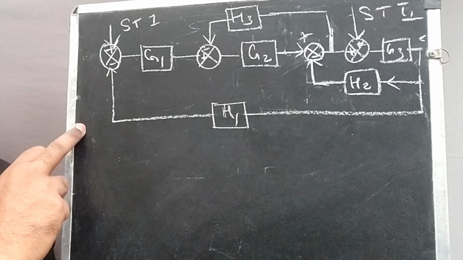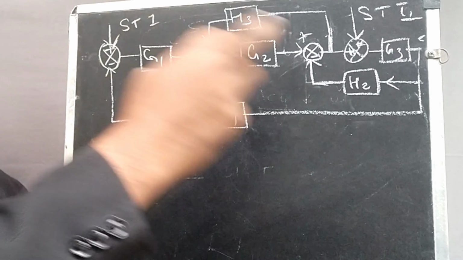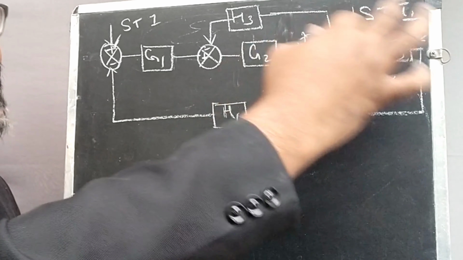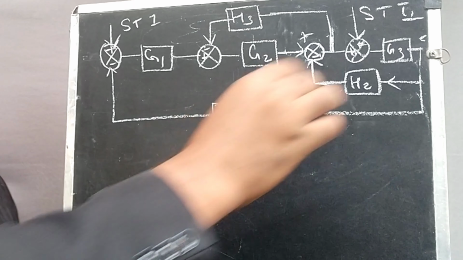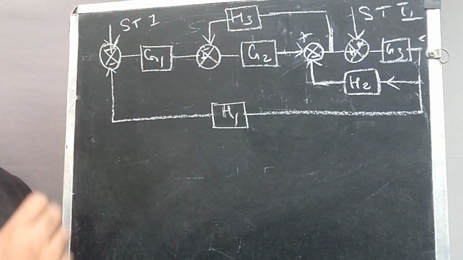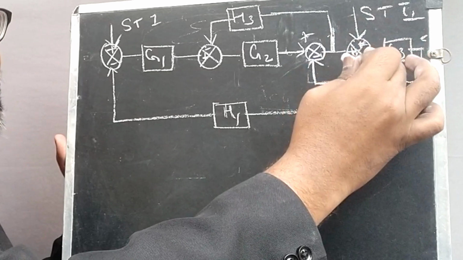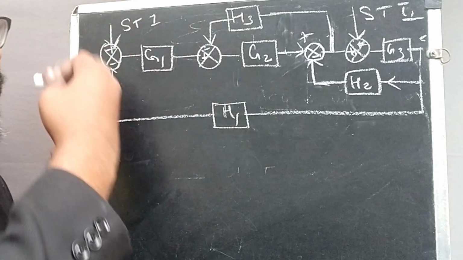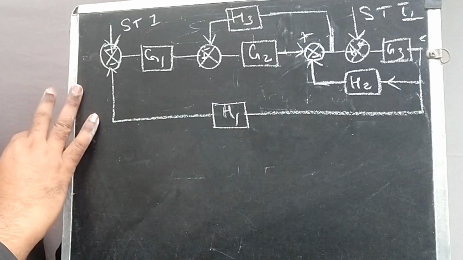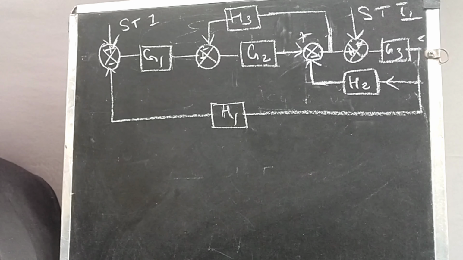In this problem, we are supposed to determine the transfer function for the station 1 input and output. So we just leave the station 2 output. You just leave this station 2 apart. From the block diagram, leave this particular summing point and station 2 and frame the block diagram again. Then you get the new block diagram for station 1, single input and single output. Then follow the procedure as we followed in the previous sums.